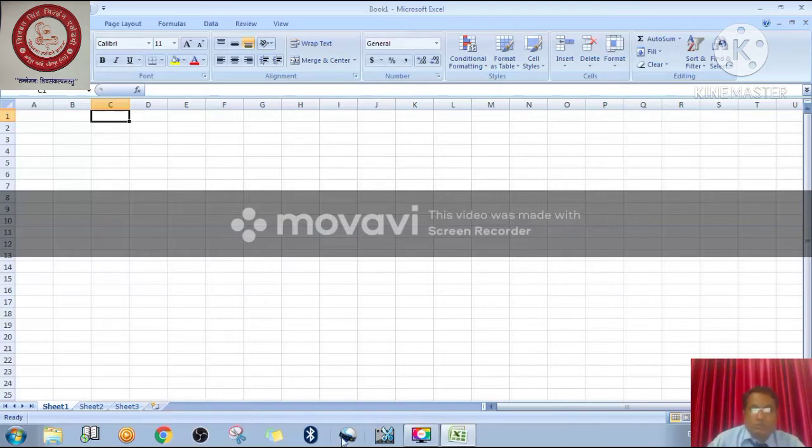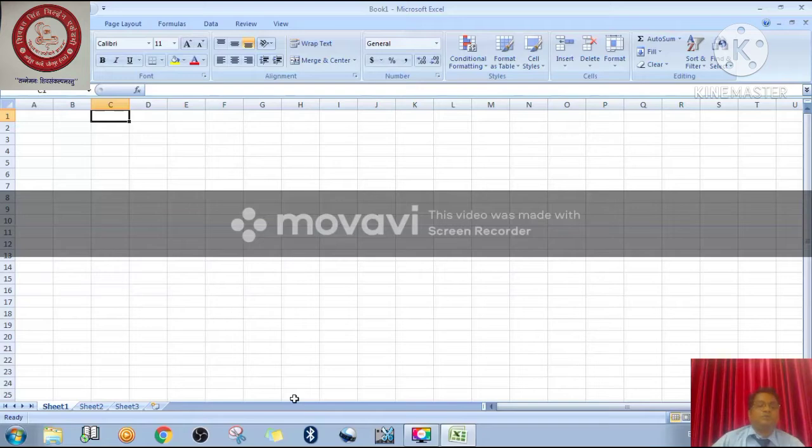Okay, students. So now I think you are able to understand what the interface of MS Excel is and how it looks. Earlier you studied Microsoft PowerPoint and Microsoft Word also. You know many things. In the same way Microsoft Excel is there. It is used to do many kinds of calculation work using formulas and using functions also. Many other activities are also there. If you want to create any kind of database, you can create it. If you want to do data validation, you can do it. If you want to insert many kinds of arguments in a formula, you can do that. Many activities you can do.